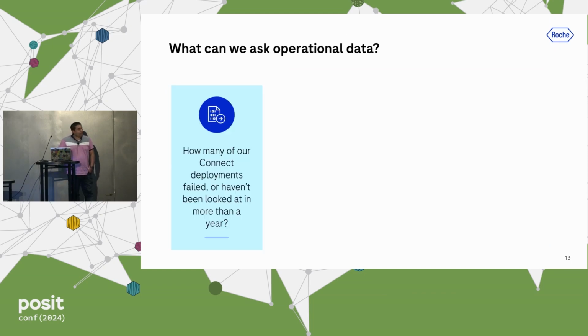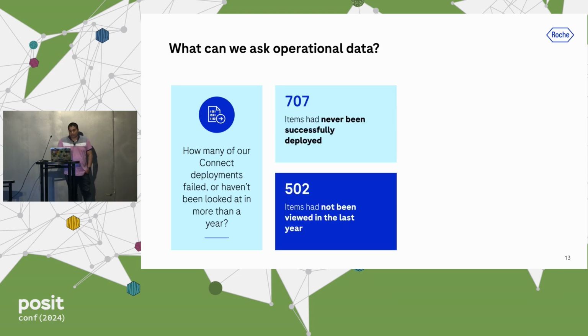So this is one, as I mentioned, it's actually in the docs for Connect, but really hidden in there. There's actually R code as well to do this. But one of the things we can look into is making sure the disk space on our Connect server is not full of stuff that doesn't work or is very old. So we decided to kind of look into this. And when we ran the scripts that Posit has in their documentation, we saw that there actually were